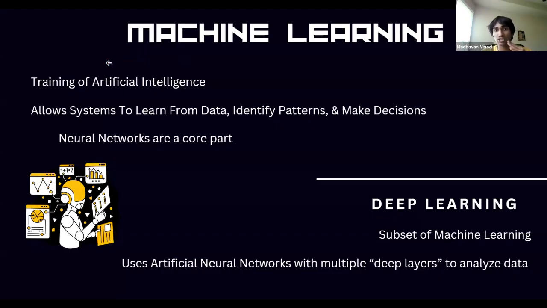Machine learning is the training of artificial intelligence. Now, we've talked a lot about machine learning in past classes, but I don't think we've ever used the word machine learning for it. We've talked about how we feed AI systems large amounts of data, and it comes to decisions based on that data. So the official term for that would be machine learning. It's literally a machine learning. Okay. And it's basically the training of artificial intelligence. And yes, it allows systems to learn from vast, large amounts of data.